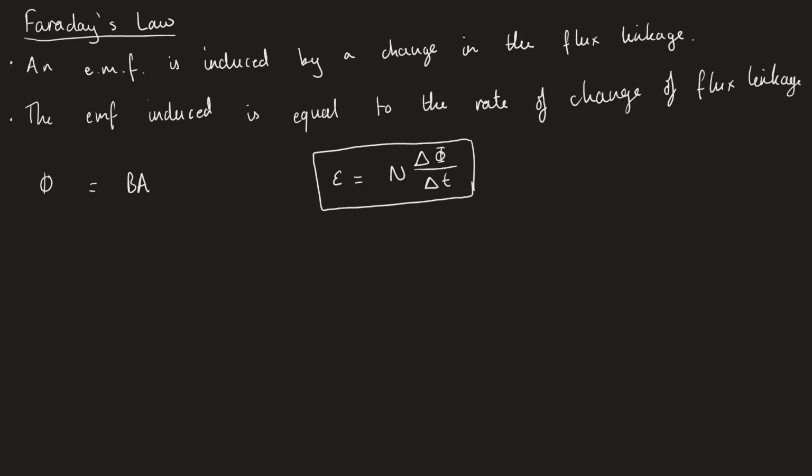So from here we need to then investigate both of these options and see what they both look like. How can I physically change the magnetic flux density? How can I physically change the cross-sectional area of the surface that the magnetic field is traveling through? First, I'm going to say, how do I change